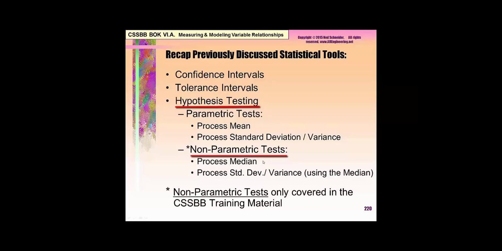It's a 1 sample median test called a 1 sample sign test. We also have an alternative for the 2 sample Z test or T test in the non-parametric tests called a Mann-Whitney test, which is an equivalent test. And for our process standard deviation or variance, we also have alternative tests. For the 1 sample standard deviation, we can use Bonett's test, and for the 2 sample variance or standard deviation test, we can use Levene's test. Preferred is the parametric test because